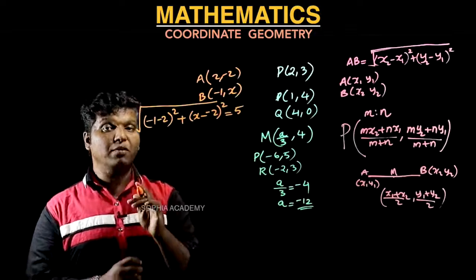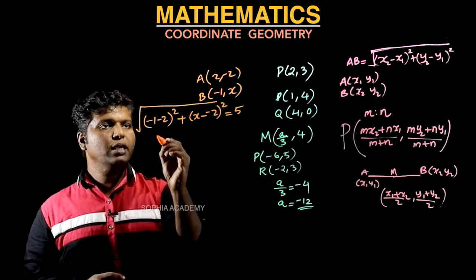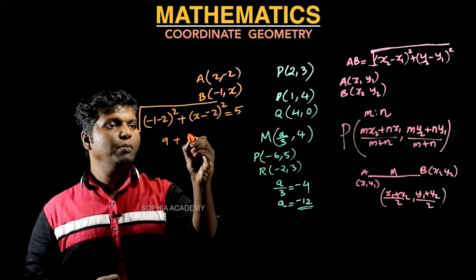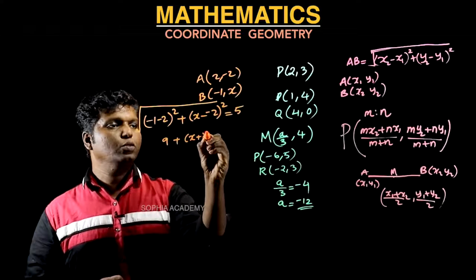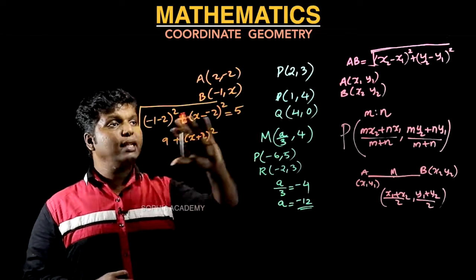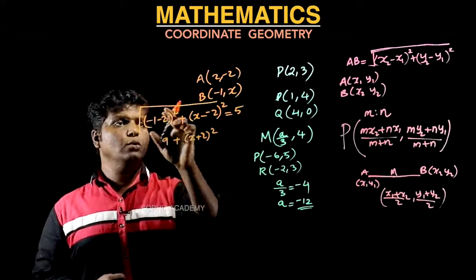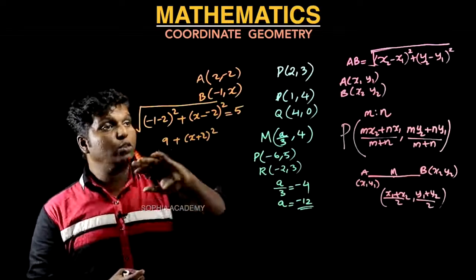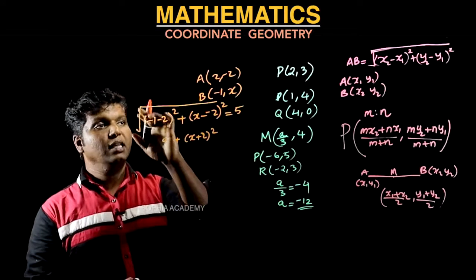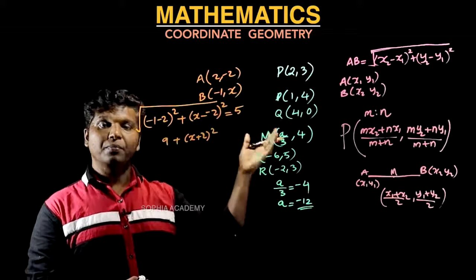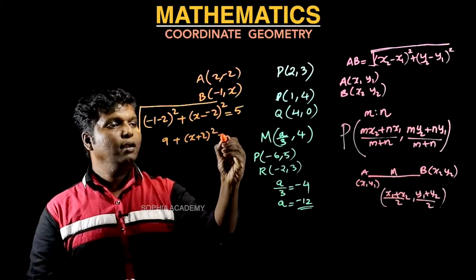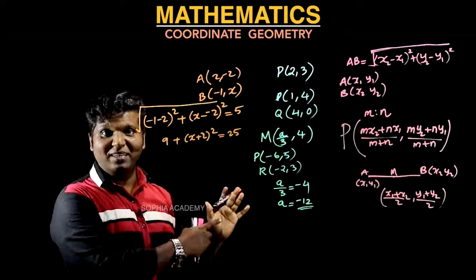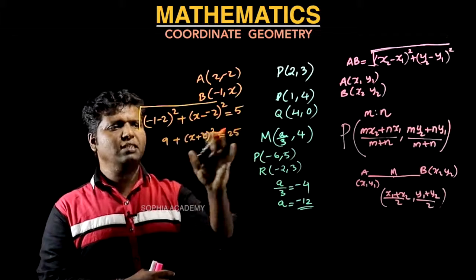9. The square of any number will always be positive, keep that in your mind, okay? So the square of minus 3 is actually 9, plus here it will become x plus 2 the whole square. And here there is already a root, so in order to neglect the root, you will square both the sides. When you are squaring both the sides, the root will be removed, and 5 square will become 25. You already know this one because you already completed the chapter. It's an easy trick, that's all. You square both sides and we got it like this.